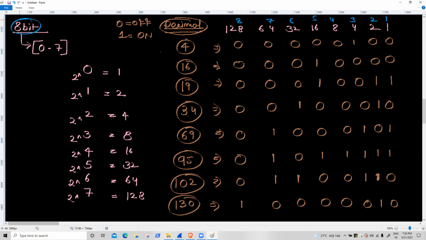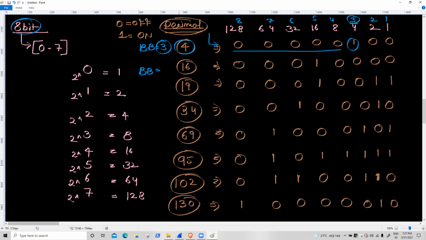Because right now how many bits are we using? 8 bit. So right now for 4, the borrow bit is how many? Coming from this side. Off, off, off, off, off, and this one is on. The position number is 3. So the borrow bit is how many bits? 3.